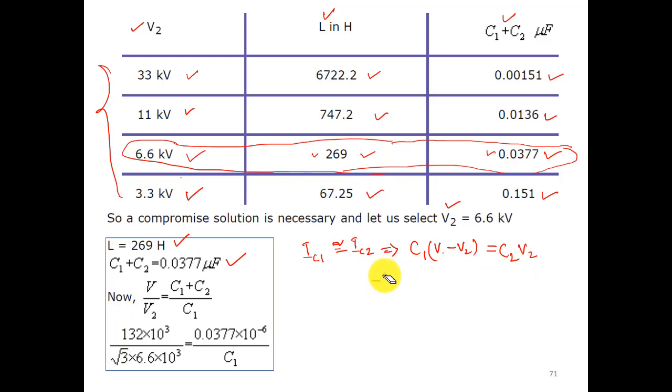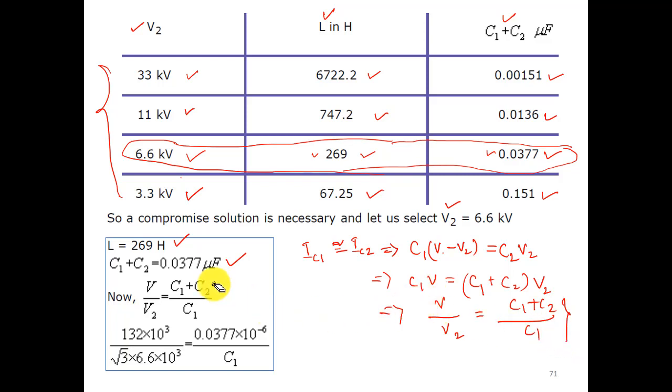So now I can write this equation as C1 V equal to C1 plus C2 into V2. So I can write this as V by V2 is nothing but C1 plus C2 by C1. Okay, so from this we can write this equation V by V2 is equal to C1 plus C2 by C1, and we